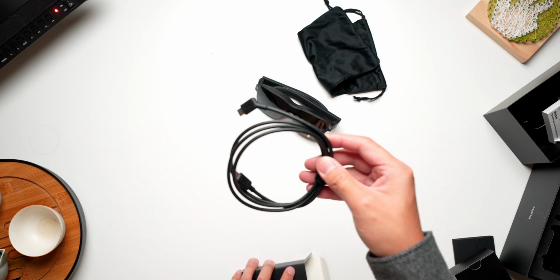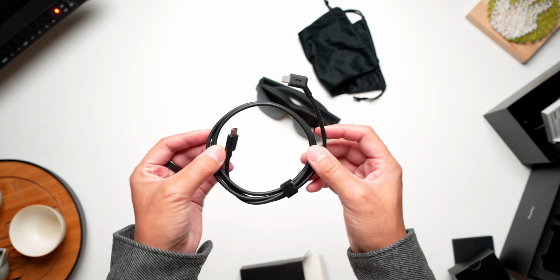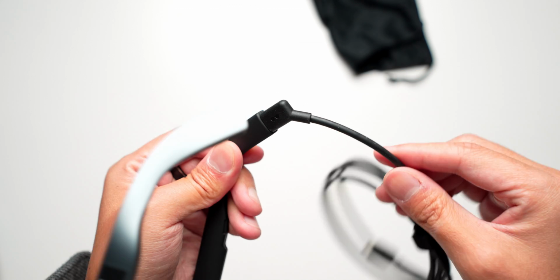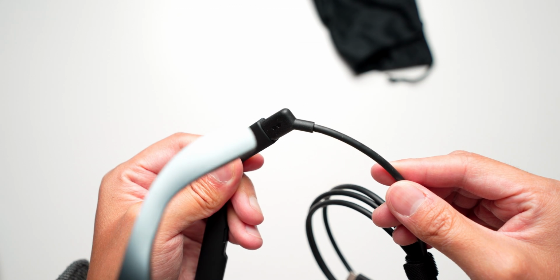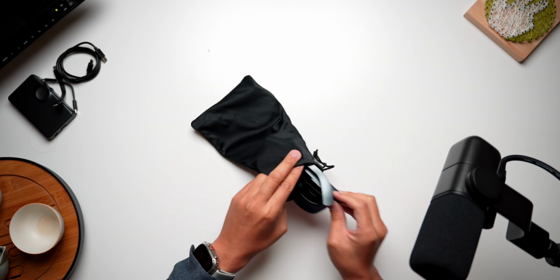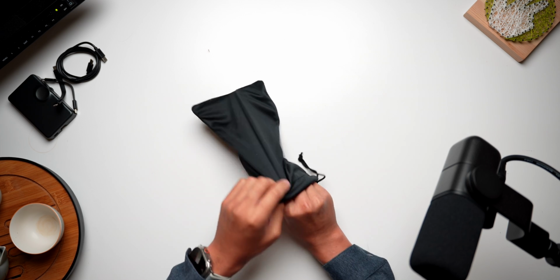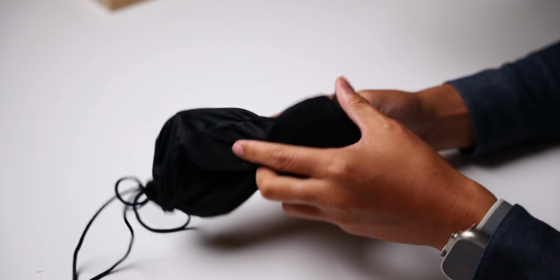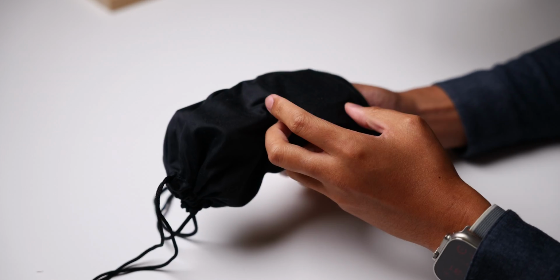And finally, of course, there is the USB-C cable that has an angle on one of the connectors which go into the glasses, and then on the other side, that will go into whatever device you'd like to project onto the glasses displays. The essentials go right into a simple pouch that can go anywhere that a typical pair of sunglasses might go. Just be mindful of what might be bumping into or shoving onto this package, because this is